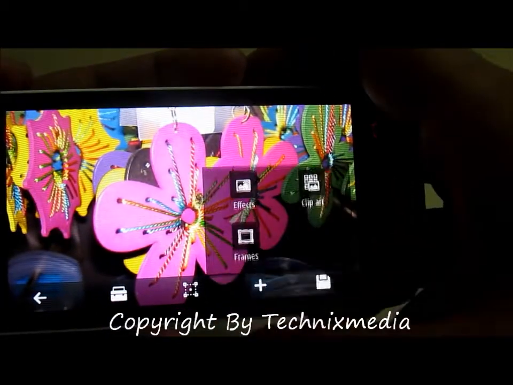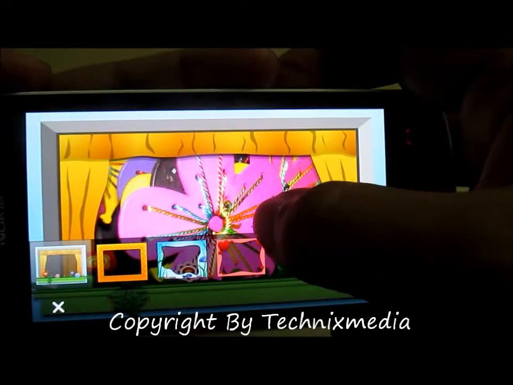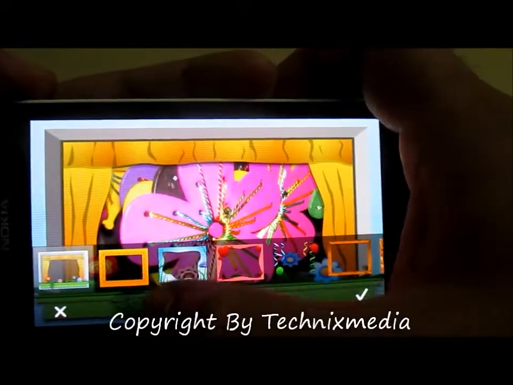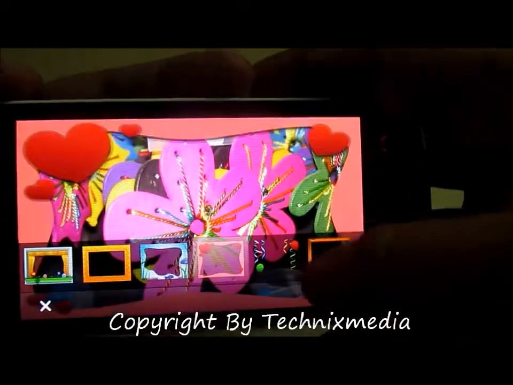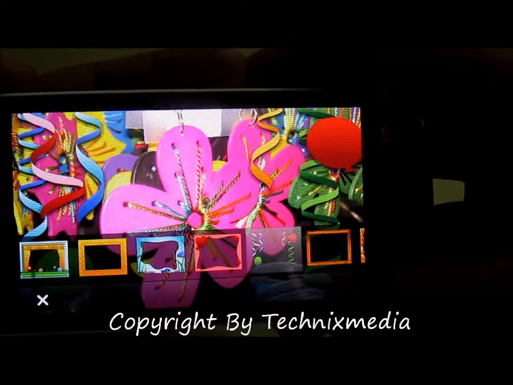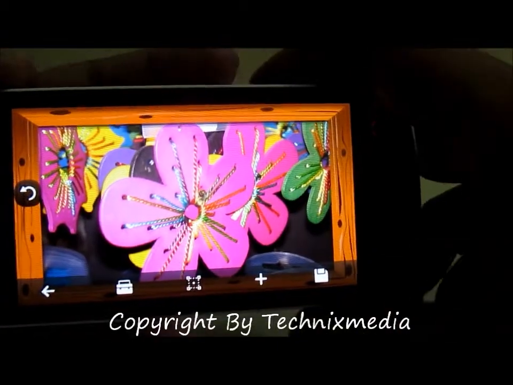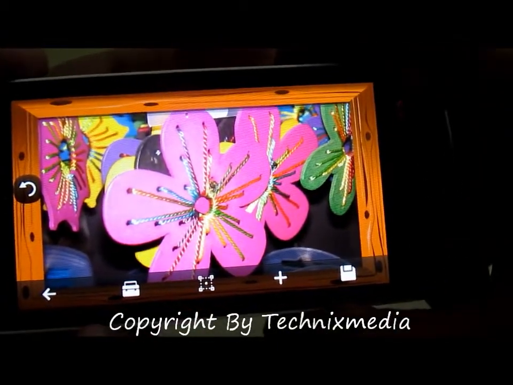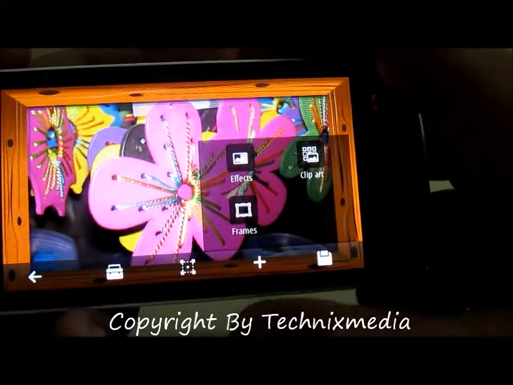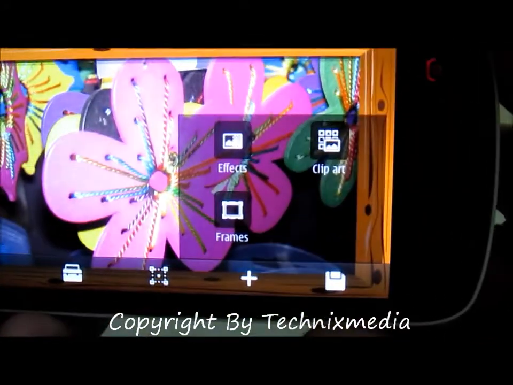So apart from this, you have the frames as well. You can apply different frames. As you can see, this is the default frame which is applied, and then you can change the frames again. So let's have this frame. Maybe we can select this frame. So we have selected this frame, and once you have selected a frame and once you are done with editing, you can also insert the clip art, which you can see over here.